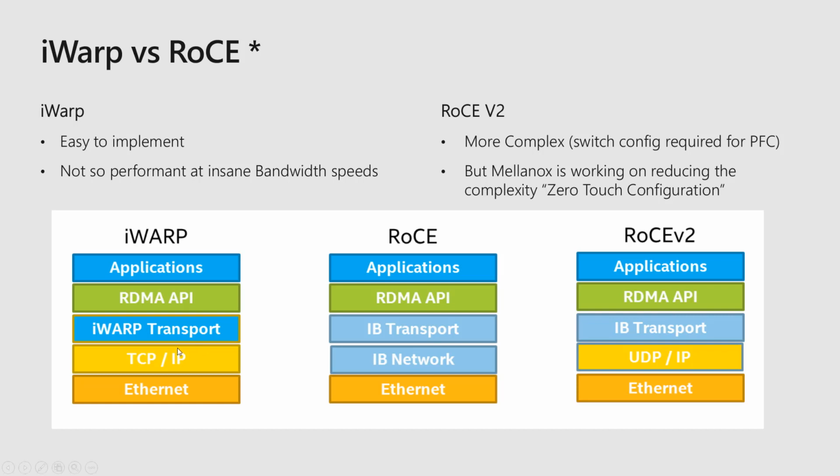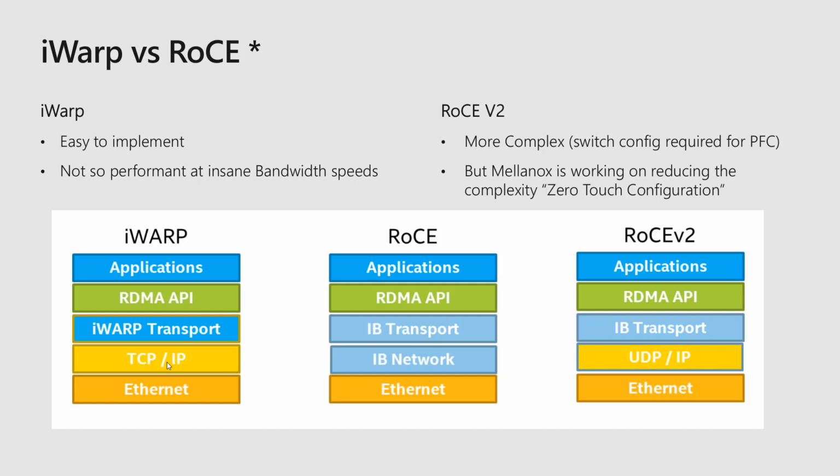The reason, as far as I know, is that TCP is not reliable at higher bandwidth like 100 gigabit, 200 gigabit, and Mellanox already has 200 gigabit per port. TCP/IP has its problems there, and in fact, the iWARP consortium is also thinking about going to